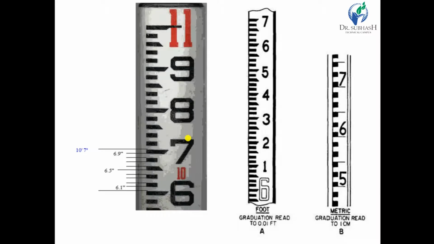Now, that is the staff picture that we have to read. What are the differentiations and what are the reading notations on the staff? Each black mark consists of 1 centimeter thickness. One white mark also consists of 1 centimeter thickness. So every 5 centimeters there are some greater notifications.